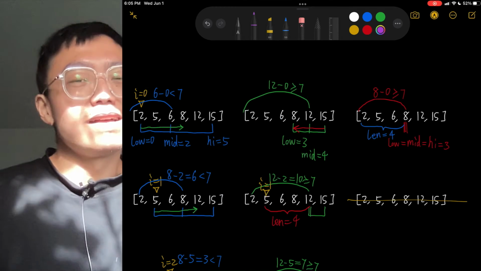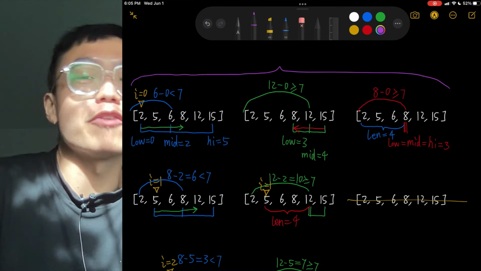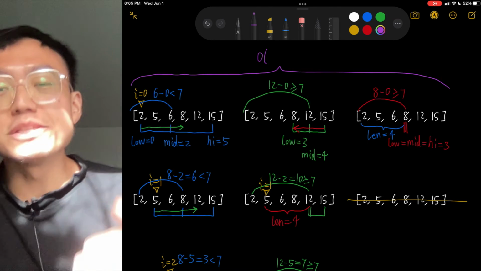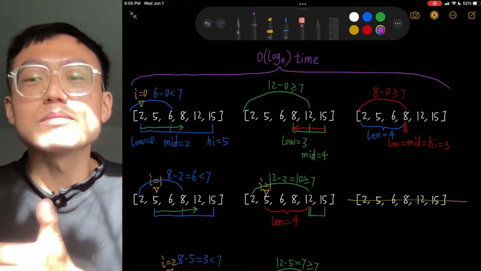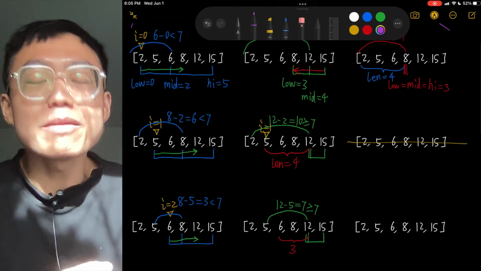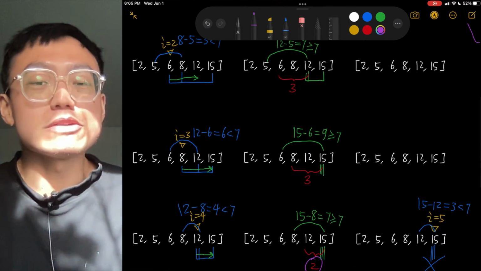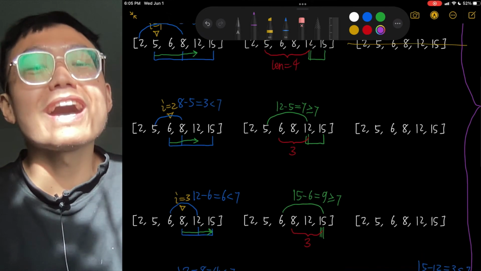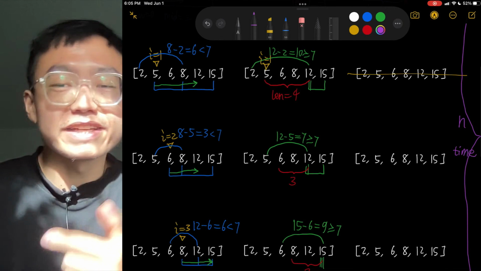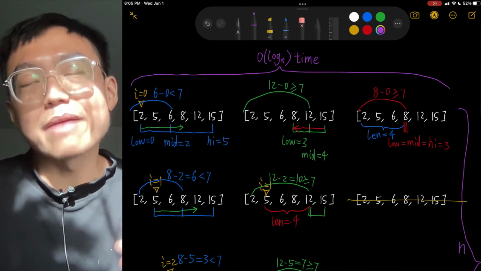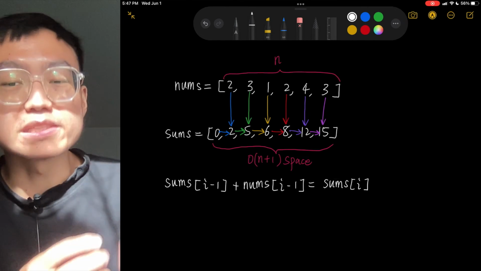Yeah, that is true. Let's analyze its complexity. The time complexity is O of n multiplied by log n, because for each element in the sums array, we're using binary search to find in the subarray, starting from that index, one having the sum greater than target. Hence, the time requirement is O of n for iteration over the sums array. And when we're using binary search, it costs O of log n time for finding the subarray for each index. Therefore, the total time complexity is O of n log n, and the space complexity is O of n, because we use additional O of n space for the new array